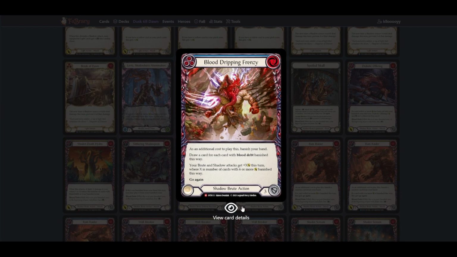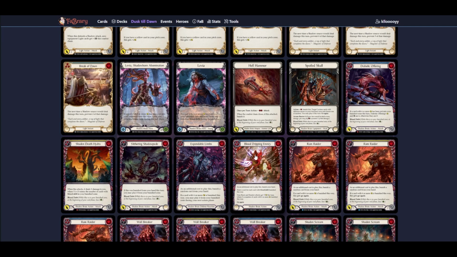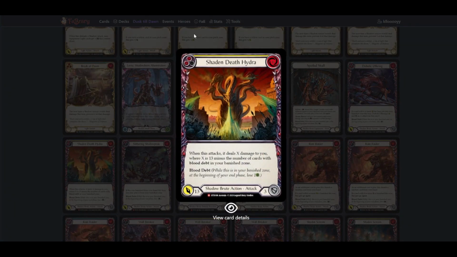Blood Dripping Frenzy. As an additional cost to play this, banish your hand. So your whole hand. Interesting. Draw a card for each card with Blood Debt banished this way. Your Brute and Shadow attacks gain plus X this turn, where X is the number of cards with 6 or more banished this way. Interesting. As long as you have ways to play cards, right, this could really set up for the Shadowed Death